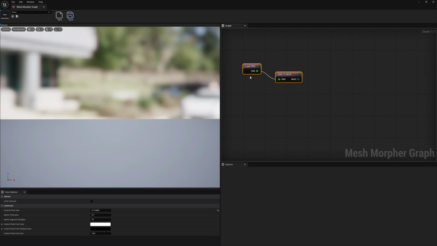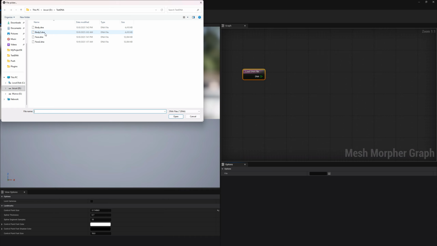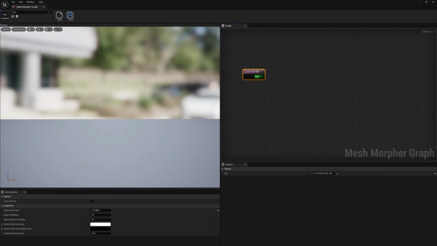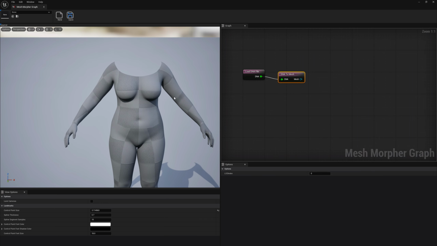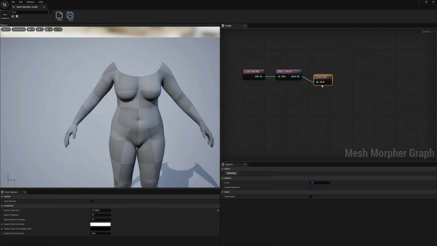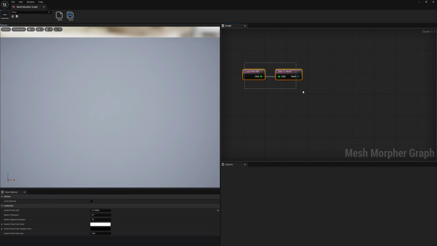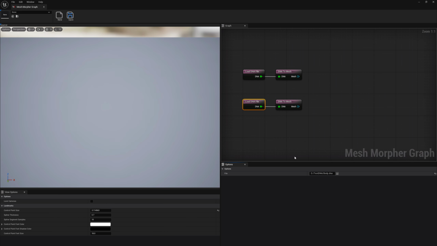Another way, which we're gonna focus on in this video, is from files, directly from files, right? So if we load a body DNA and go to DNA to mesh, then we have our DNA loaded. We can export this to OBJ if we want, or we can also bring in the head. Let's bring the head